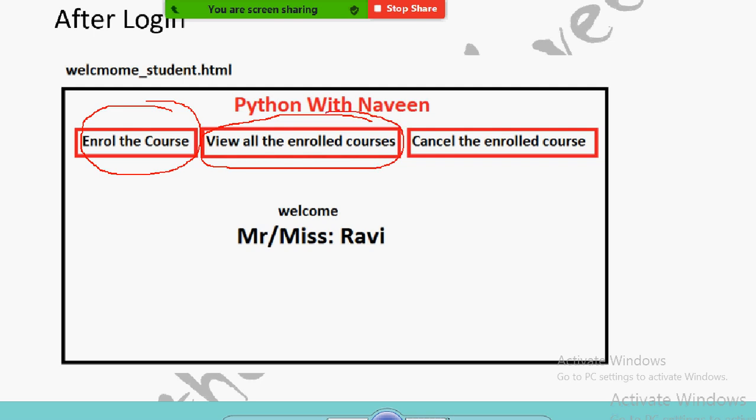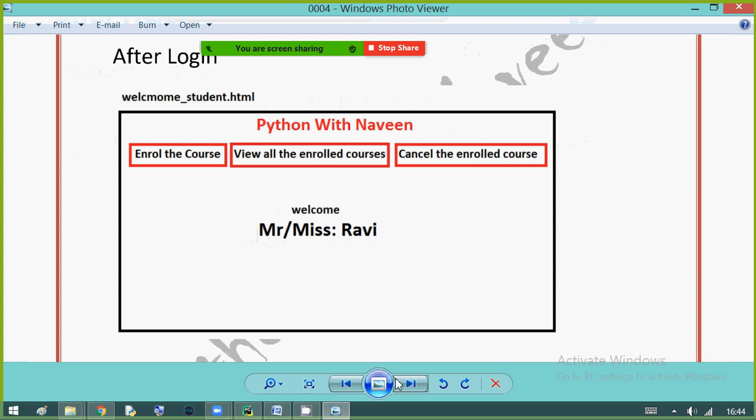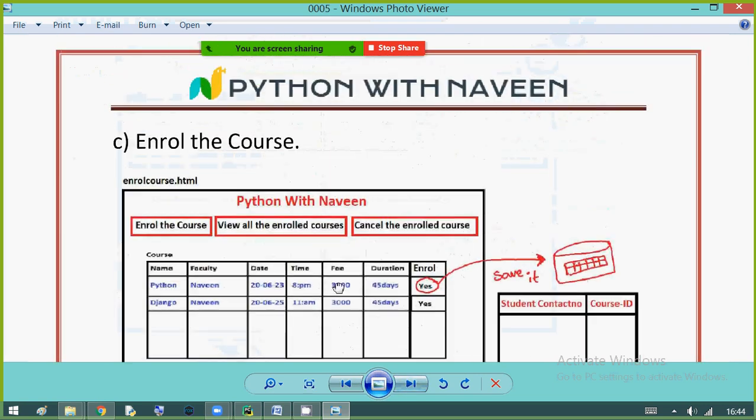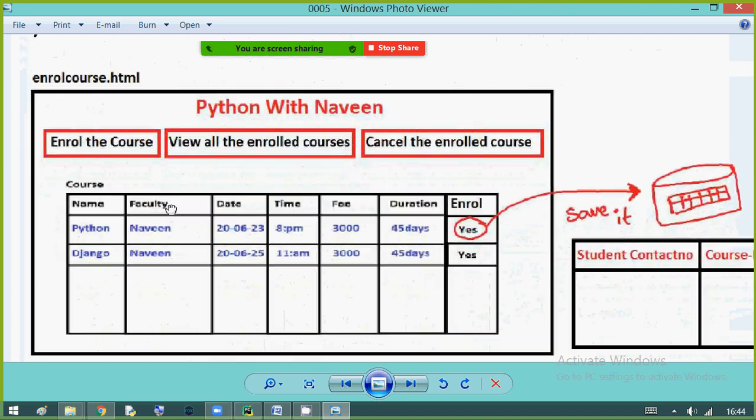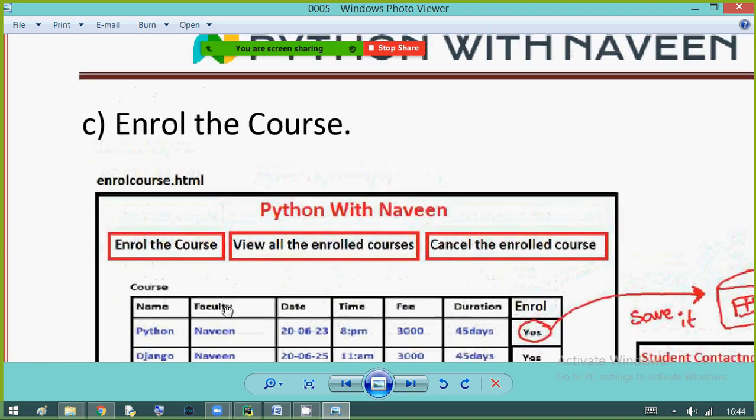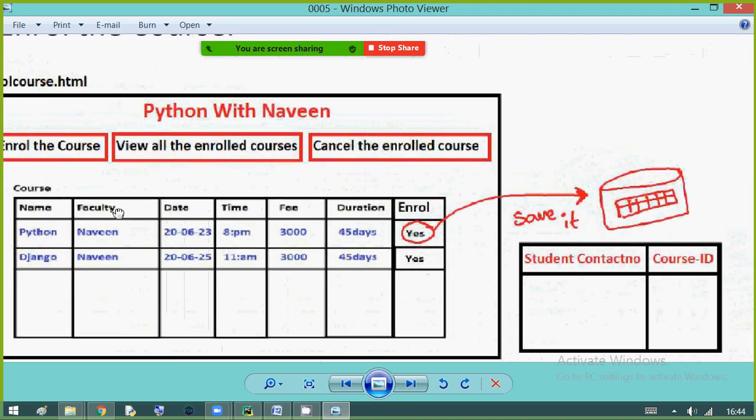What are the courses he enrolled? We can see that, and we can cancel the enrolled courses. For example, if a student unknowingly enrolled in a course and he doesn't want to attend, he can cancel that. Right. So the next screen looks like this, while enrolled. What are the courses he enrolled? We can see like this.